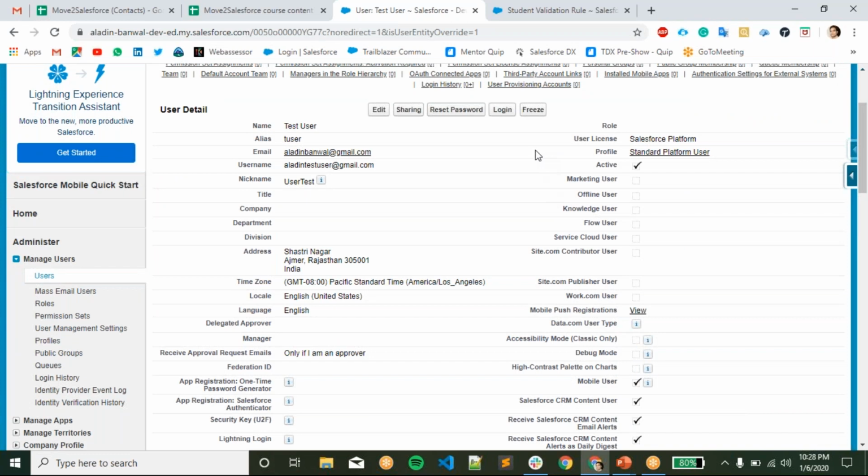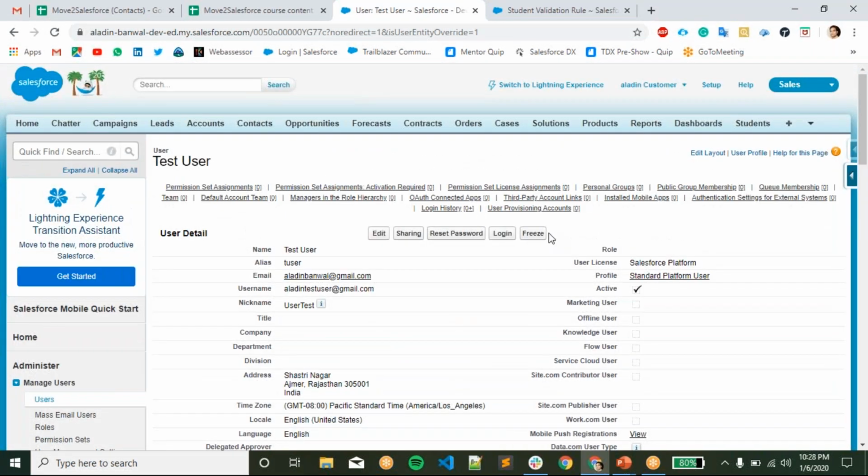If you want to freeze for 2 days, or if you want to freeze for 1 year, then you can freeze that particular user, so that he or she will not be able to log in or access our system. And sharing, you can share that particular user with any other user.